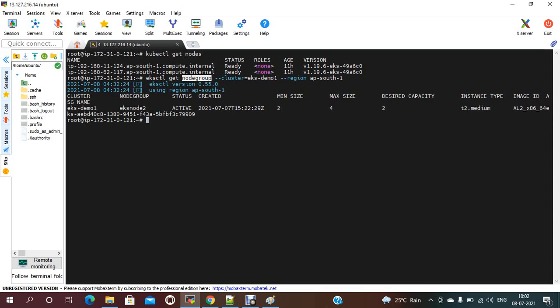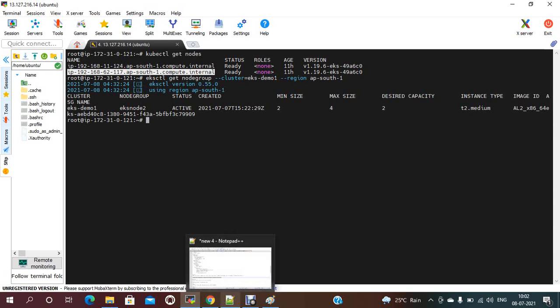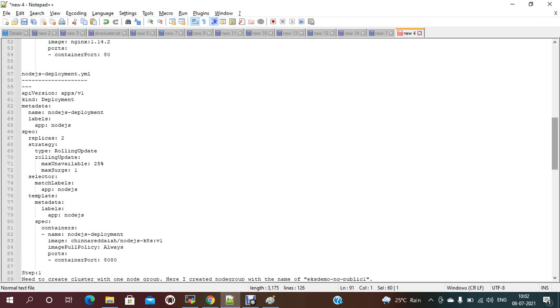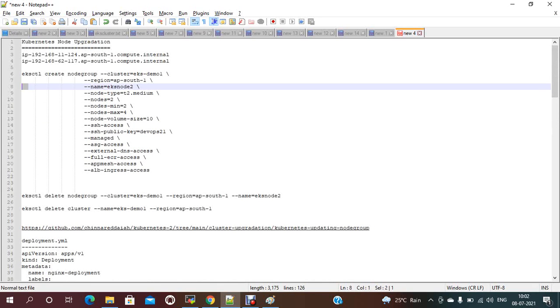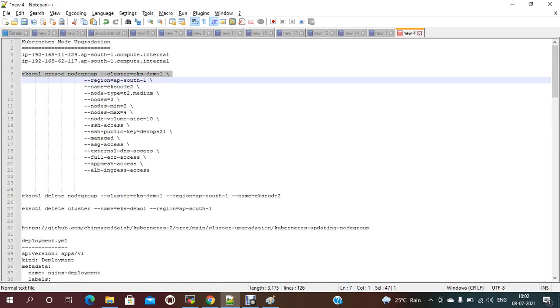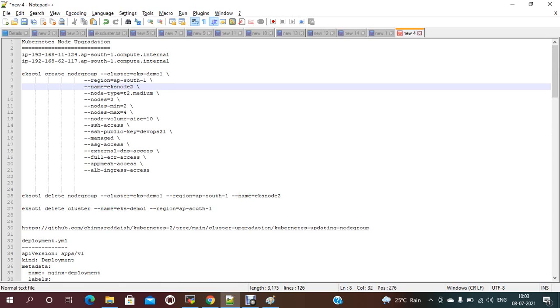Now let me deploy some application on this and check where it is running. So my node group, node 1 and node 2, are the two nodes currently running. These nodes were created based on this command: eksctl create nodegroup, cluster name, region, name of the cluster EKS demo 2, node 2, type t2.medium, number of nodes 2, minimum, maximum, volume size, SSH access, and PEM file, everything I have given.